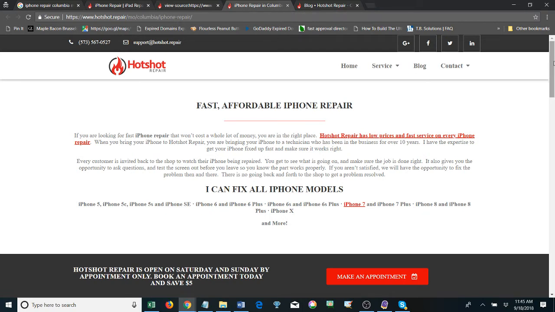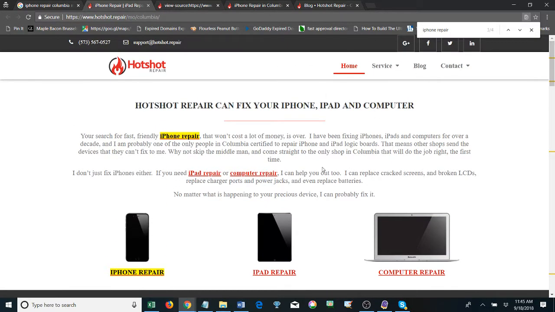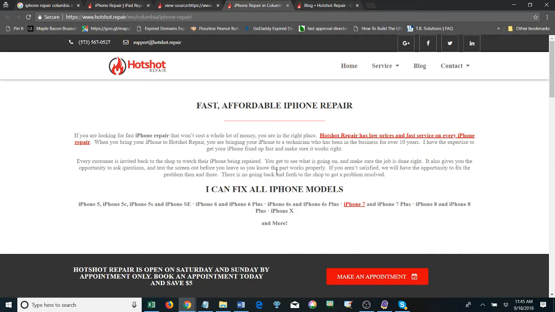And then the next thing I would get down to is making sure this page targets iPhone repair. So you have it in the title tag, that's good. I did not pull up your source code, but by looking at the amount of content, you have a lot less compared to your home page. You have no images compared to your home page. So this one does a better job of actually targeting your keyword. So what you want to do is kind of mimic what you're doing here and put it on this page.